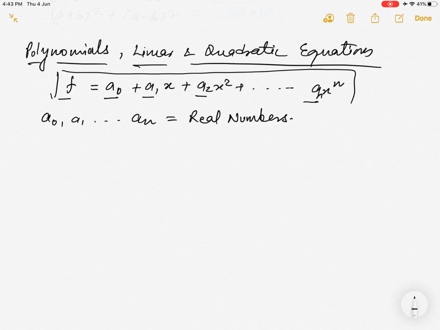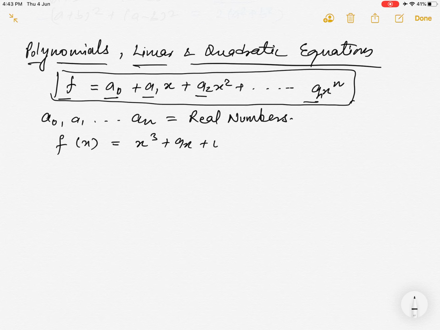And these x's are what you call independent variables, right? So a function like this is what you call a polynomial, which is dependent on real numbers, a set of constants, and the value of x, which is a variable. Examples of that could be f(x) = x^3 + 9x + 4. Now there is a function which depends on a few constants like 1 here, 9 here, 4 here, and it depends on independent variables like x. So x to the power 3 depends on x.